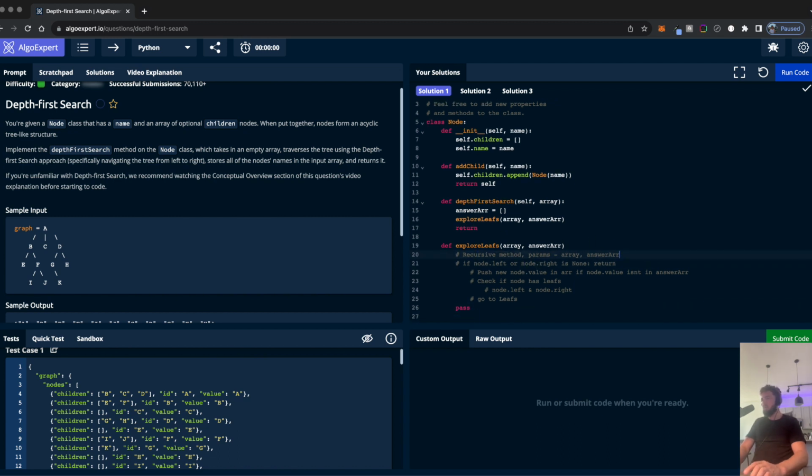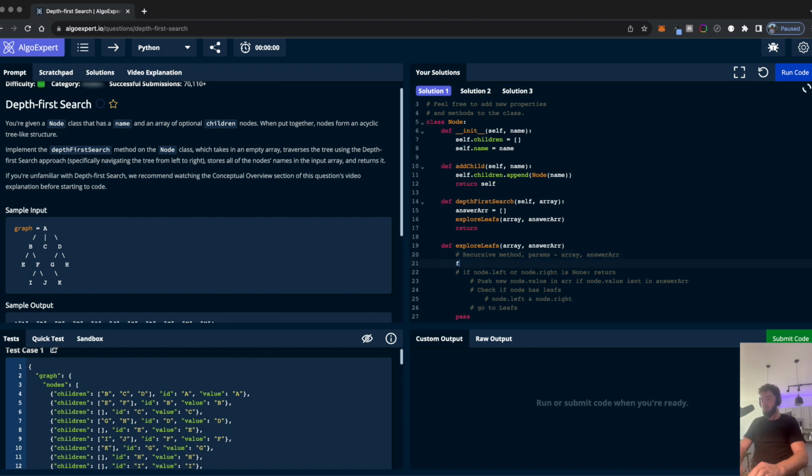The recursive function, here we go, we have the array coming in. So I want to say something like if node.value is none. Well, no, that's not what we want. If node.value is none, return obviously, but we want if node.left, right? Thinking, folks. I'm thinking because step one, we actually want to append the value in the array.